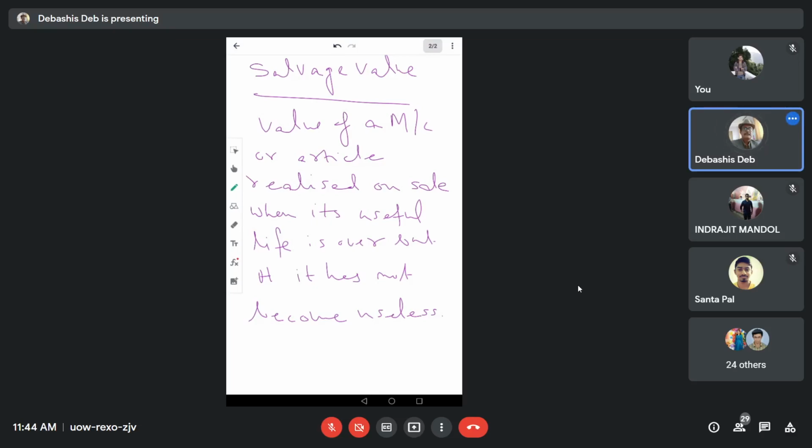So then, what the value in between 2032 and 2042, means just after expiry of the useful life and just before scrap value, what will we term it? It will be termed as salvage value. It will be less than the book value, but greater than the scrap value. If you want to sell your car after expiry of the useful life, you can ask the purchaser. You see, though the age is more than 12 years, useful life was declared by the government as 10 years,